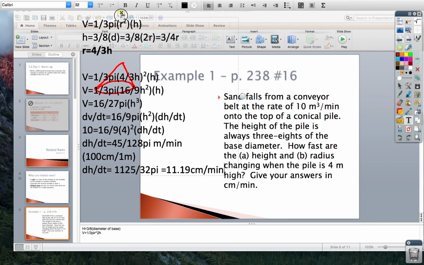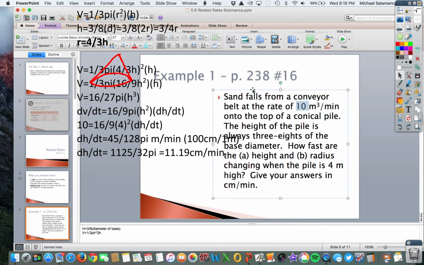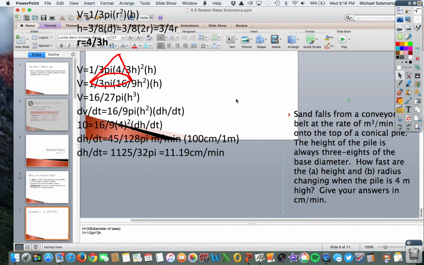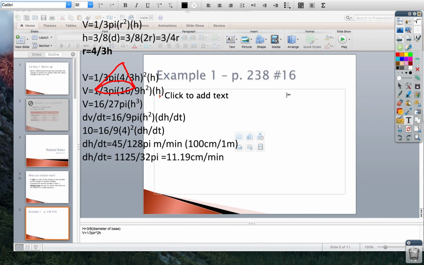So now that we know the rate of change for the height, we're going to go ahead and find how that affects the rate of the radius. So we know originally that r is equal to 4/3 h. If we find the derivative, we have dr/dt equals